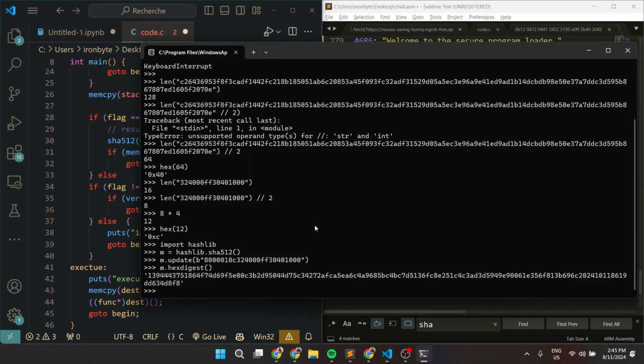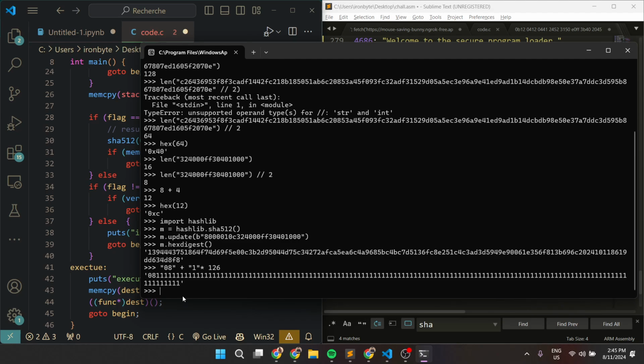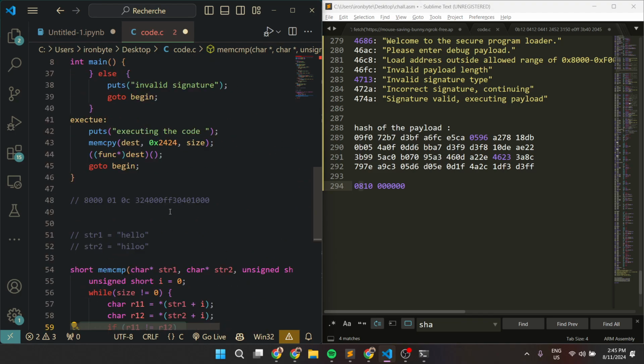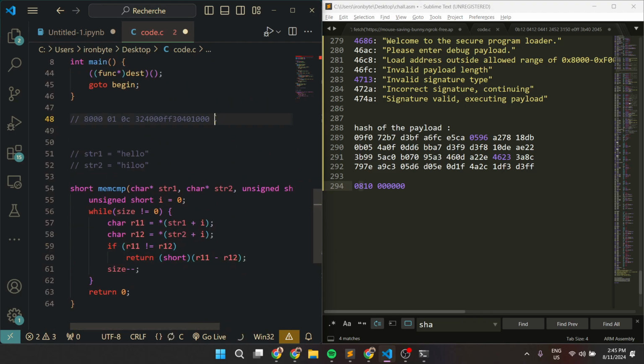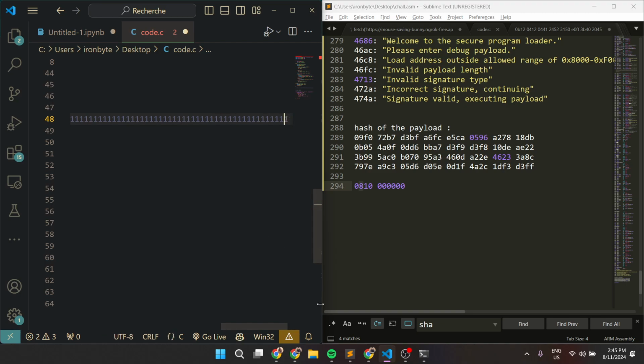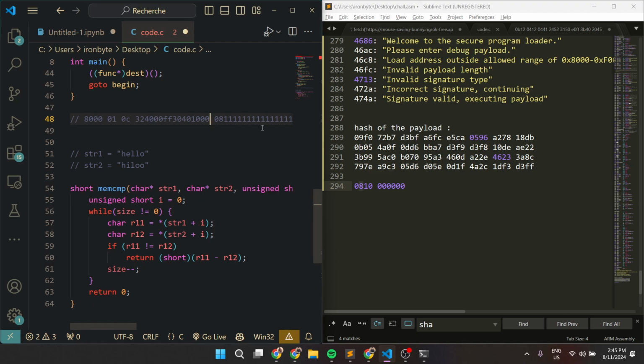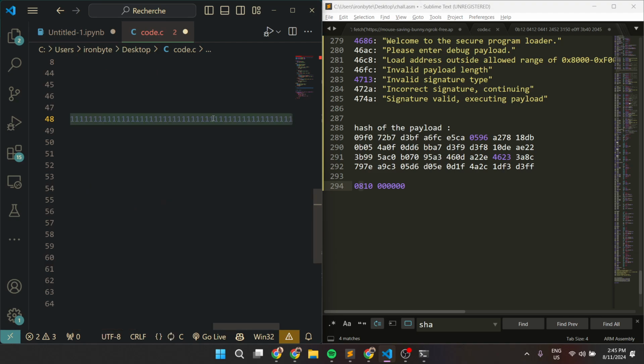So we can craft that simply by sending 0 8 plus, for example, some ones multiplied by 126. Yes. So this is the payload that we will be sending as a digital signature with the code. If we use that, basically now we can concatenate everything together. So if we try to send this one,